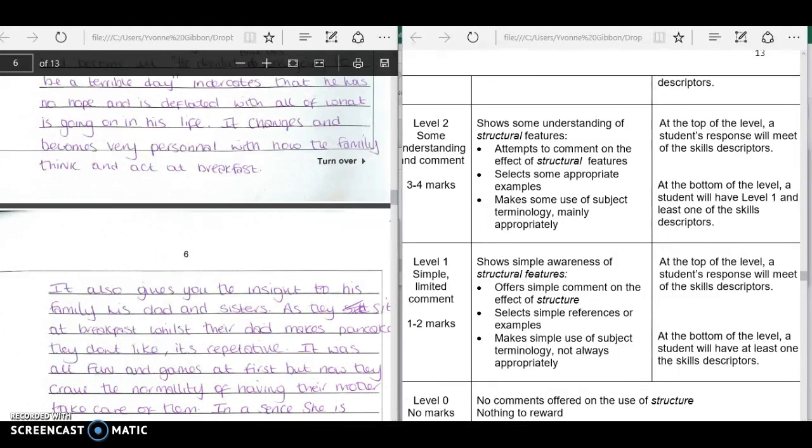So if you'd have written something like the first part of the story is just about Alex and his nightmare and his worries about his mum, whereas the second part introduces us to the rest of the family and shows us the interaction between Alex and his family, or that